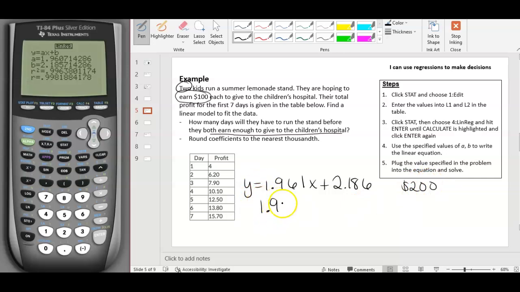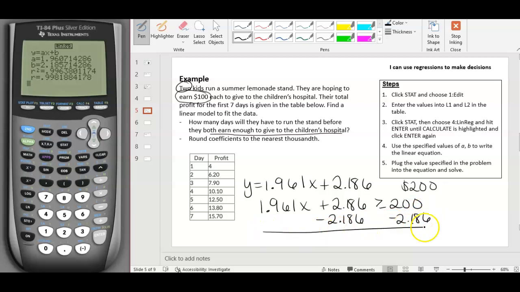So we have to say 1.961x plus 2.186. We want that to be greater than or equal to $200. So now we just need to solve this inequality. I'm going to start off by subtracting 2.186 from both sides. And when I do that, I get